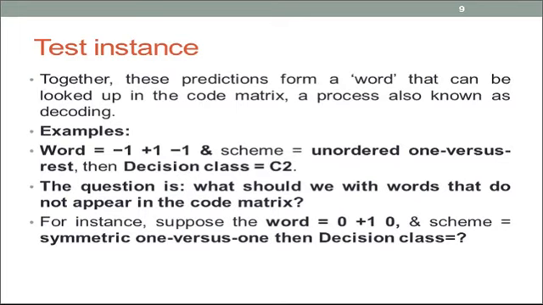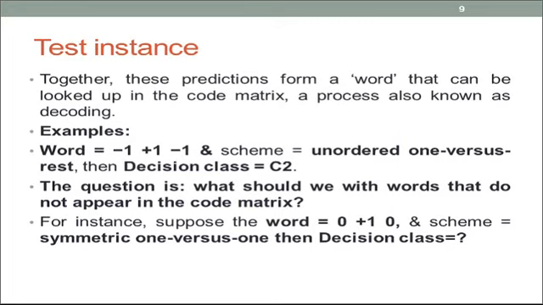Now, when we are doing this training, we have these output code matrices. But when we want to test a particular instance, we should check this output code matrix to find out which particular class is most suitable for a given instance. So a word is given which is to be matched with the output code matrix, and we have to do this using the decoding process. There is a simple algorithm for this. So we'll see one example here.